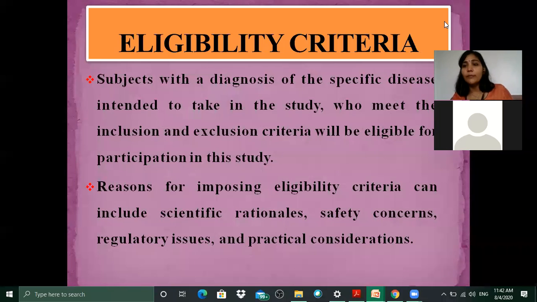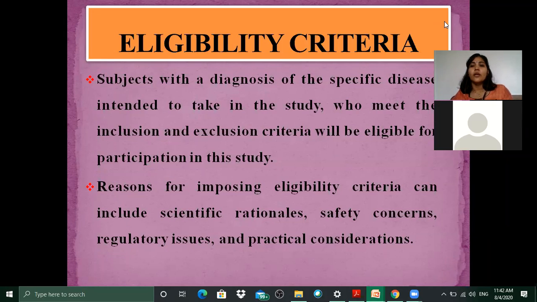That completely depends on what kind of population you want to select, whether a healthy population or a diseased population. Whichever you choose, what should be the age limitation, what should be their BMI, all minute things should be included. But it shouldn't be that I have written 100 criteria and all 100 must pass. It should be very justifiable with the study that you are going to do.